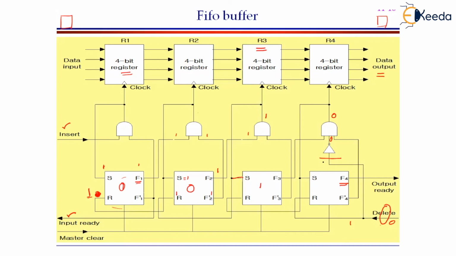The NOR gate input is equal to 1 and the output will be equal to 0. When the NOR gate output is equal to 0 and it is connected to an AND gate, obviously the output of the AND gate will be equal to 0, which makes the clock to be reset. When the clock is reset, the data is considered to be invalid. The data within the register is considered to be invalid. When this is equal to 0, you know that the output of the AND gate is connected to the set pin. The set will be equal to 0 and reset will be already equal to 1 because the reset has been connected from this delete line.